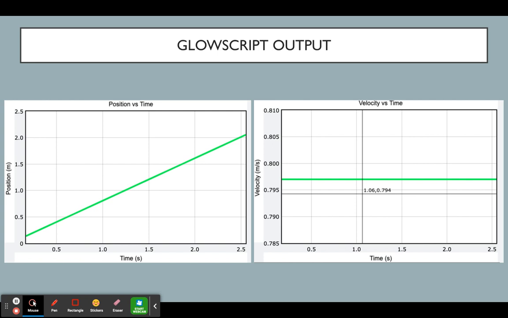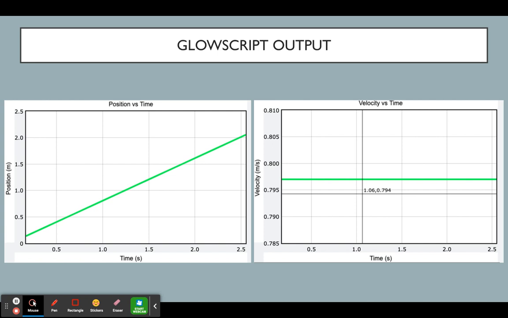Here, I've included the position versus time graph as well as the velocity versus time graph from the predicted values via GlowScript. As you can clearly see, when the correct values were entered into GlowScript, the program can precisely estimate where the object should be at every single moment. This can then be translated to the velocity versus time graph as a straight line with no slope, meaning zero acceleration. These differ from the observed value slightly since it can be completely controlled in code,